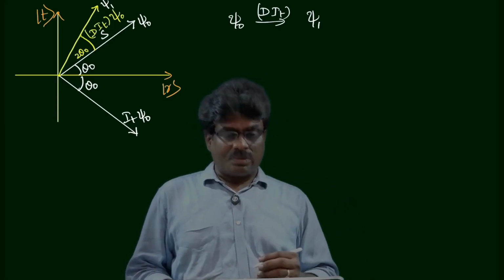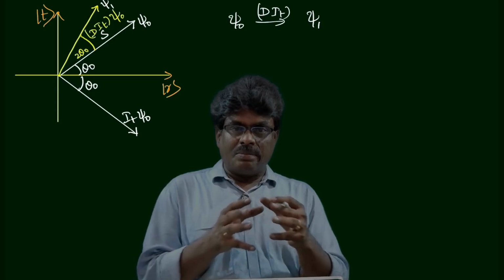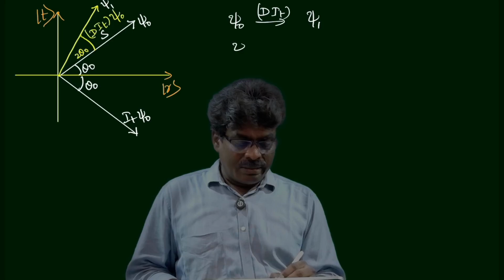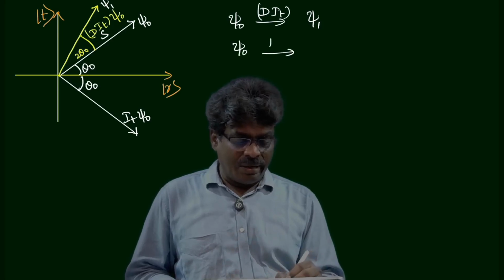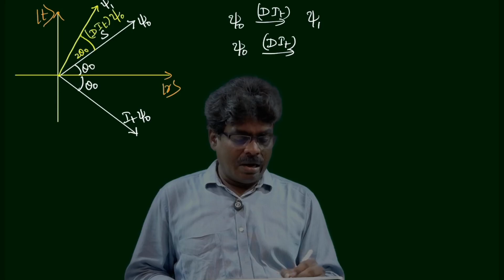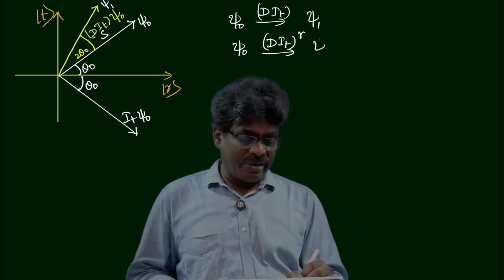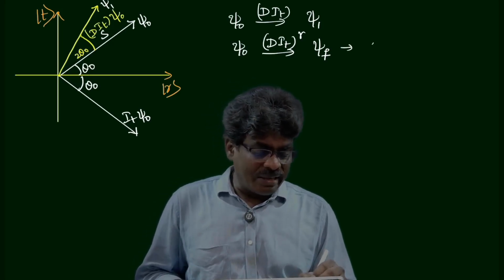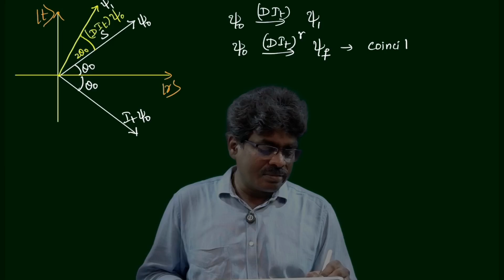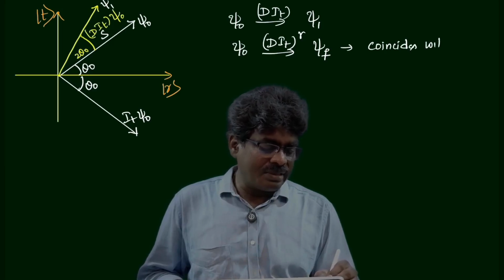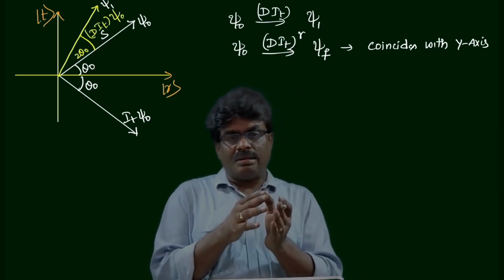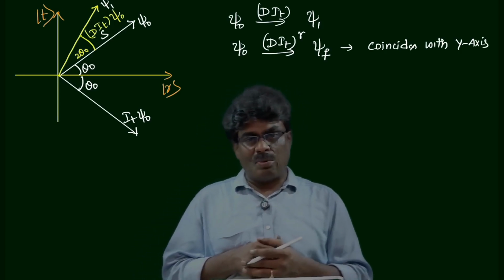And let us suppose we have done r number of iterations. Then psi naught, with D_it operated r number of times, finally gives psi final. Let us suppose this psi final coincides with the y-axis,